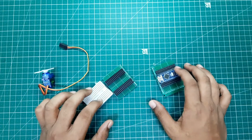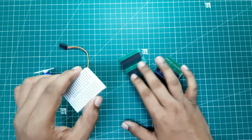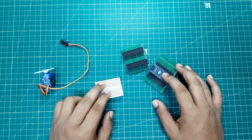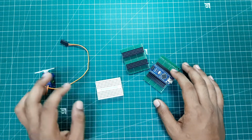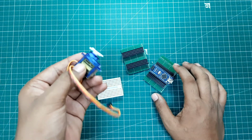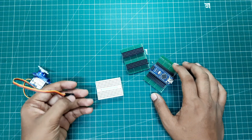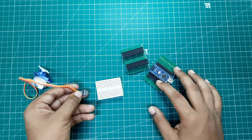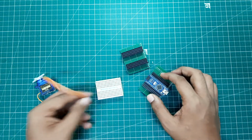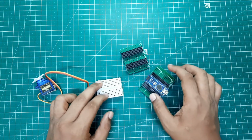Basically, the idea behind this project is to reduce the wires coming from the wave board, which will directly connect it to the Arduino Uno or Arduino Nano board. If you want to connect this servo motor to the Arduino Nano or Uno board, you will have to get three wires, positive, negative, and signal wires, and mount them on the board or Arduino Uno itself. So, to reduce that particular part,